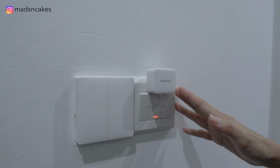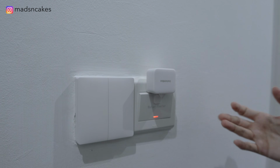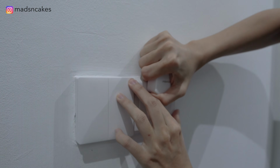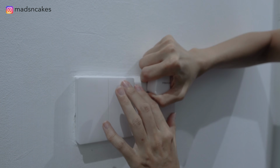there are a few things that I don't like about this switch. It's protruding out, and because I'm really clumsy, I tend to knock it over. But this thing is super strong. If I were to pull it out, the whole panel will come off first. So